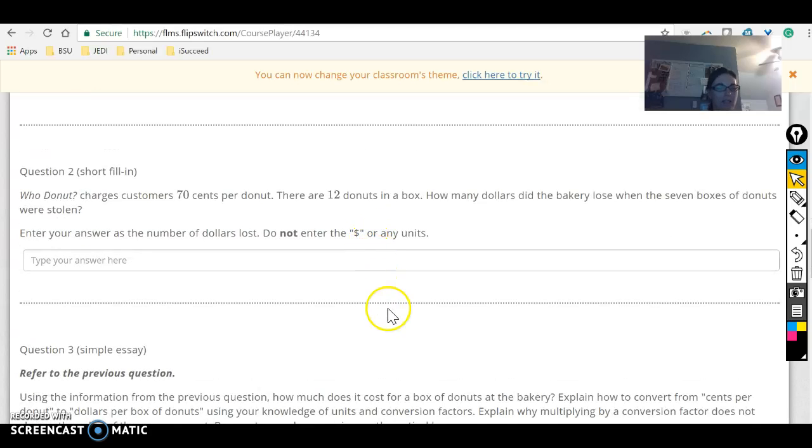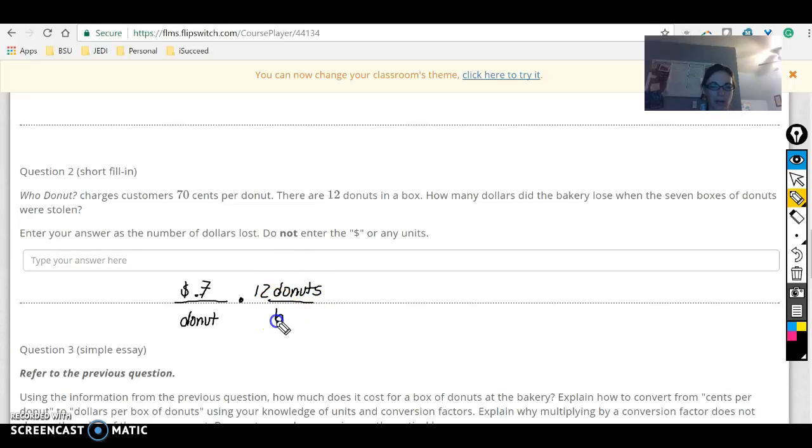All right, Who Donut charges 70 cents per donut. There are 12 donuts in a box. How many dollars did the bakery lose when 7 boxes of donuts were stolen? Okay, so this is a unit conversion problem, which I actually really like these. Okay, so I've got, we're going to say this is $0.7 or 70 cents, okay? So $0.7 per donut, right? And I know that there are 12 donuts